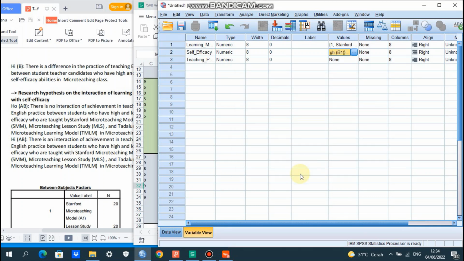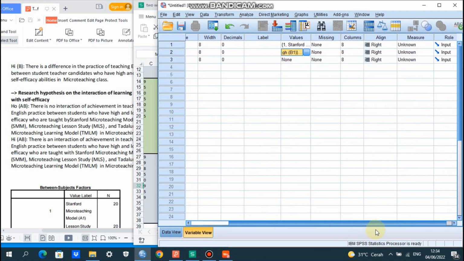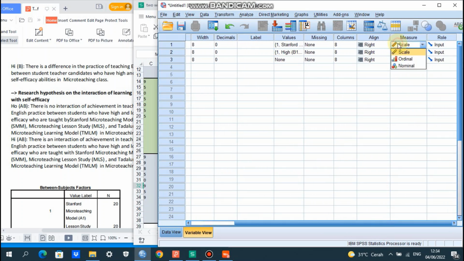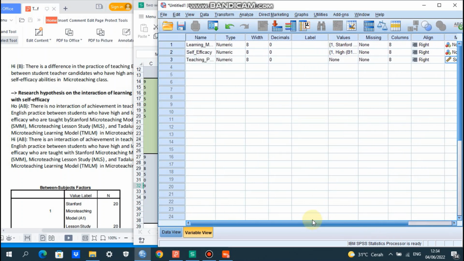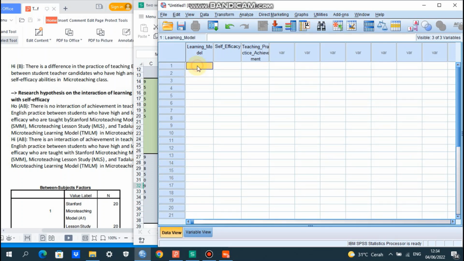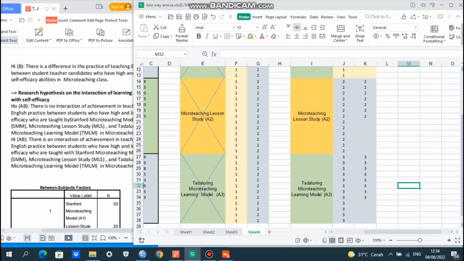Okay, we click here. And then for the measure, nominal for learning model, and nominal also for self-efficacy. And we have scale for teaching practice achievement.